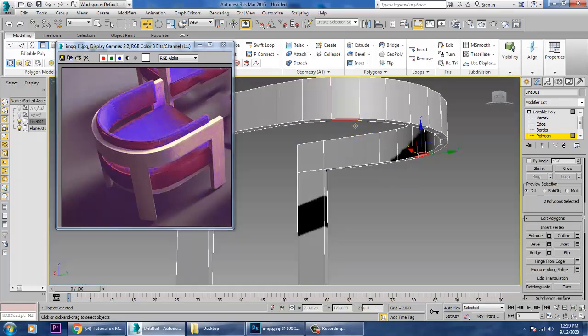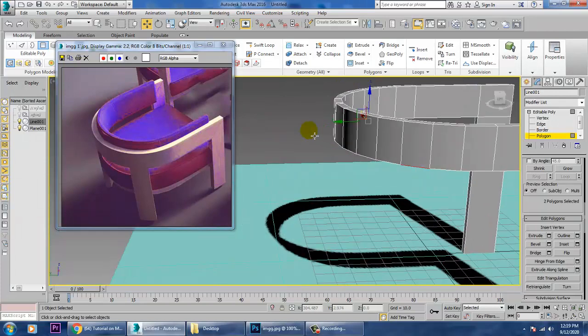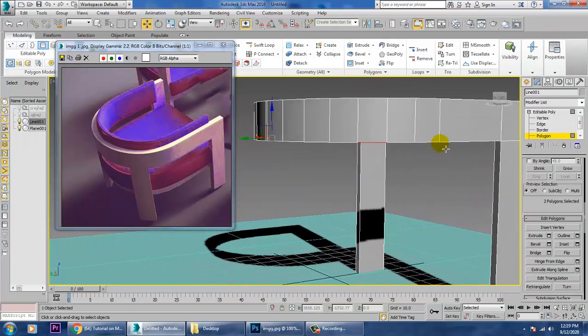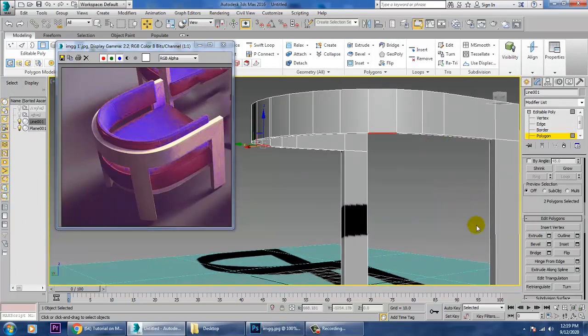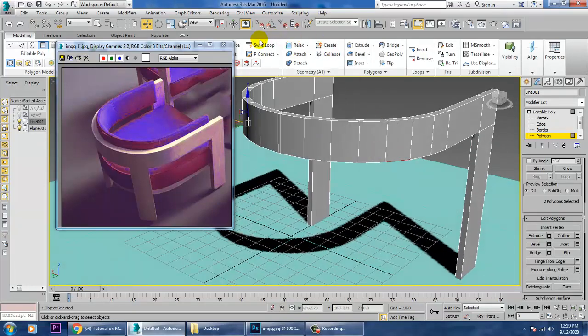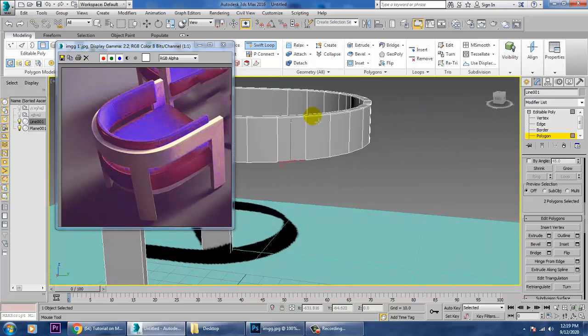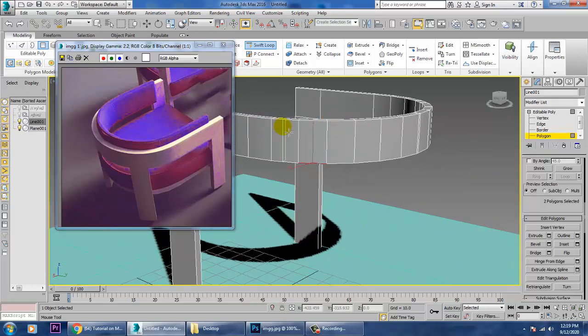So we'll be selecting both of these over here, and if you want it to be much thicker, what we'll be doing is putting one more loop over here and we'll be assigning one more loop over here.